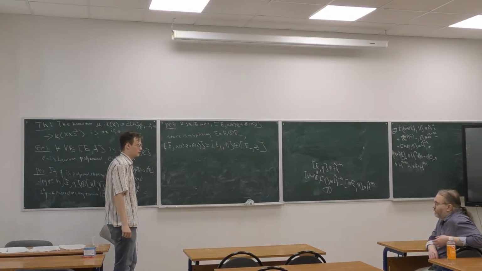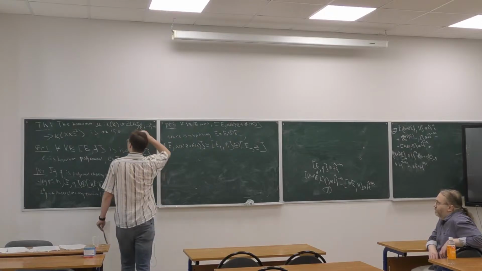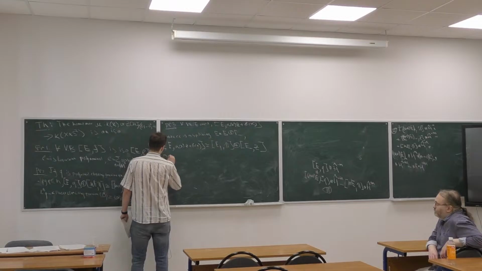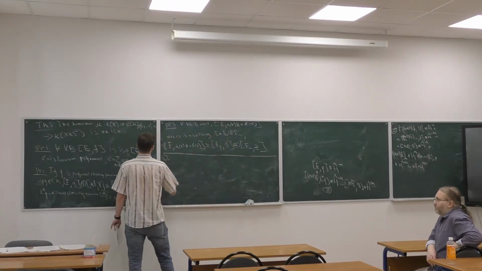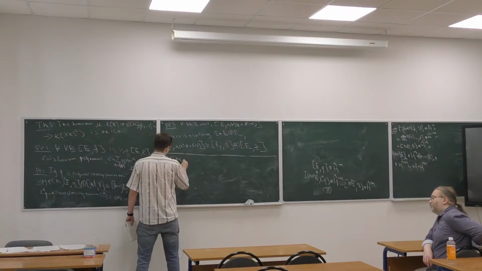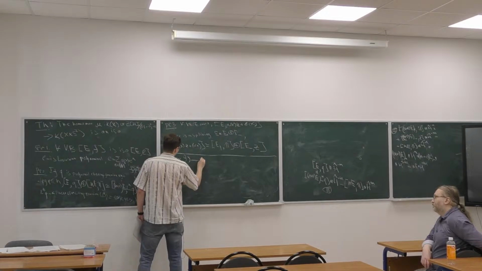Mu will be a map from where to where? A map from K of x product S2 goes to